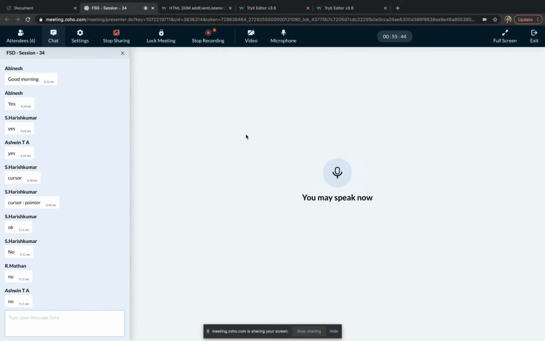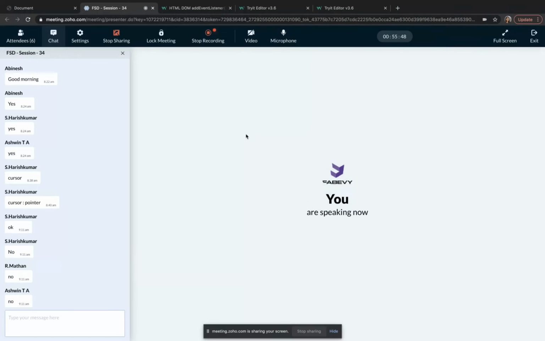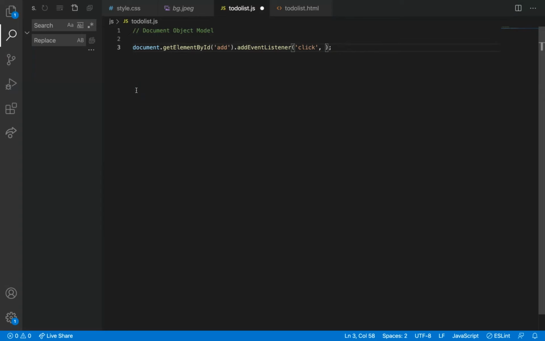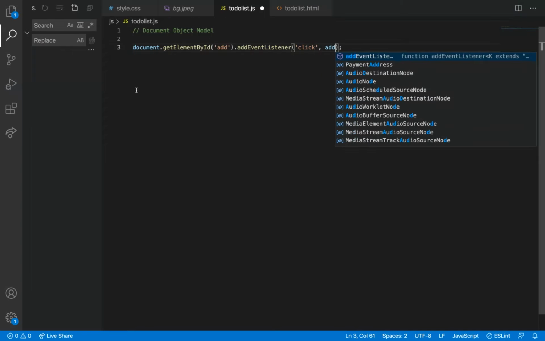So till now it's clear. Fine. So what we can do is, I'm going to keep everything inside a function. How can we name it? Add items.